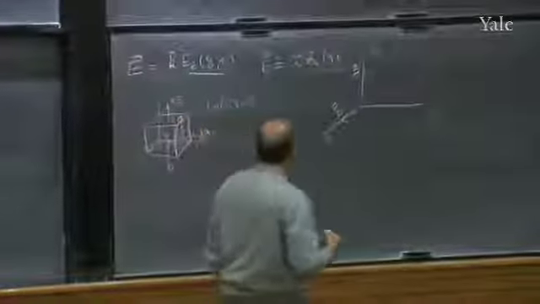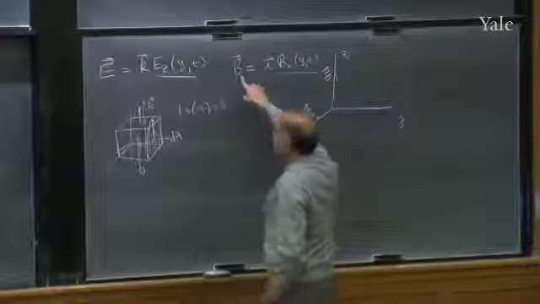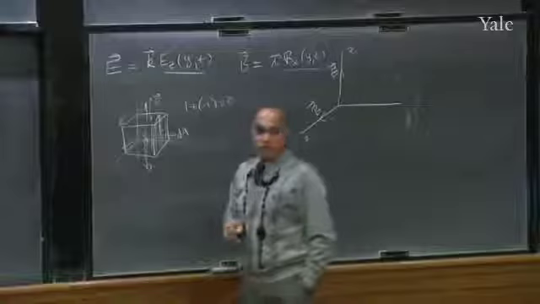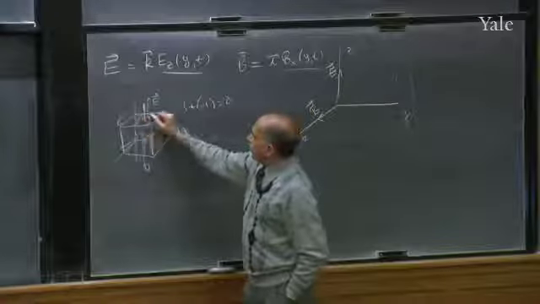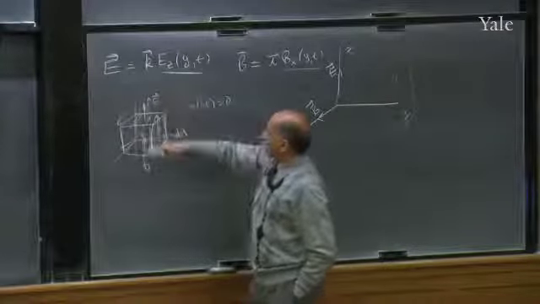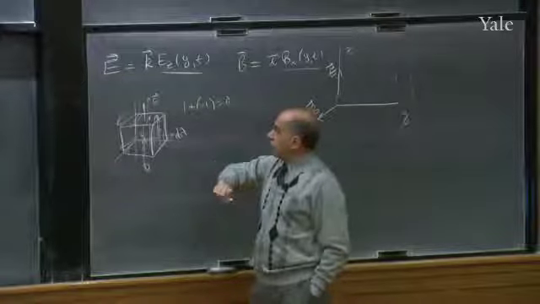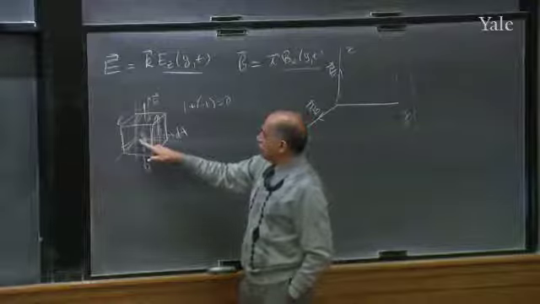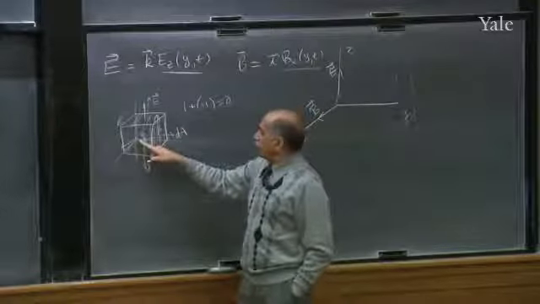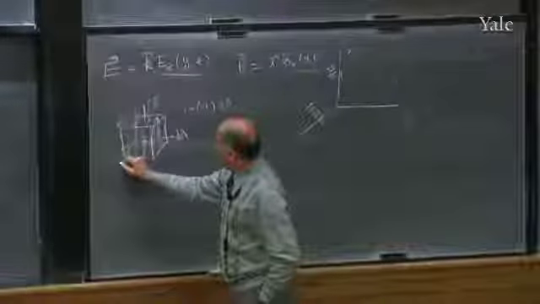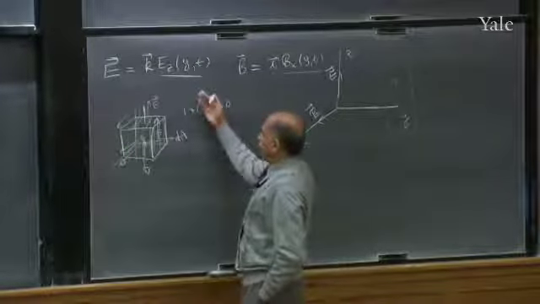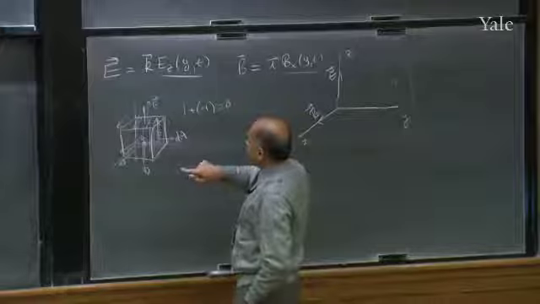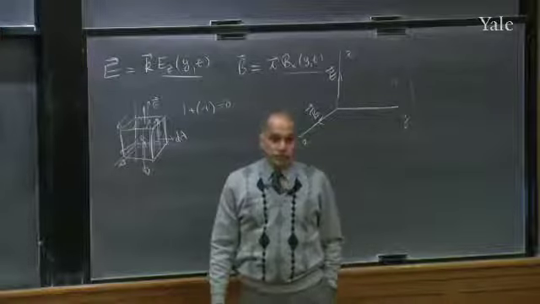If you repeat the calculation for B, you'll get pretty much the same logic, except that B now points like this. So on the top face, B will have no flux because it's running along the face. There is no flow through that. Top and bottom are 0 and 0. The only faces which matter are 2 and -2, because 2 is coming out of the board and B is coming out of the board. But on the other face, which you cannot see, the -2, B is still going this way, but the area vector is going the opposite way.